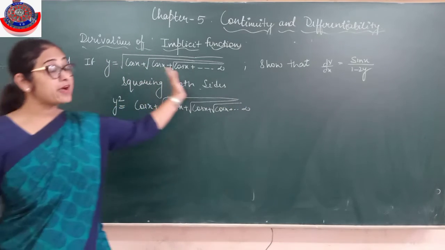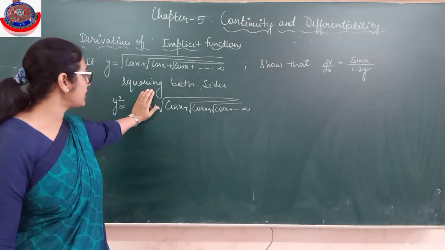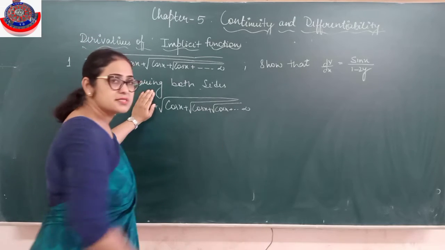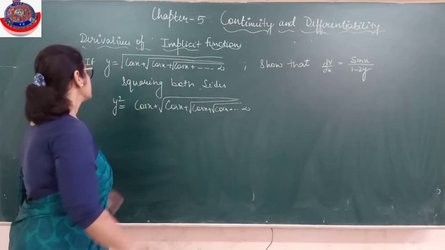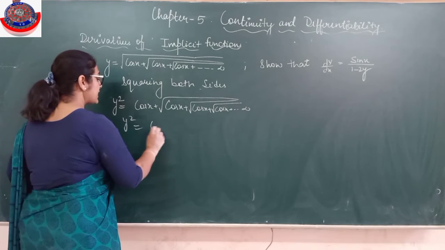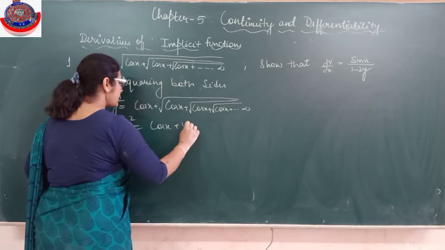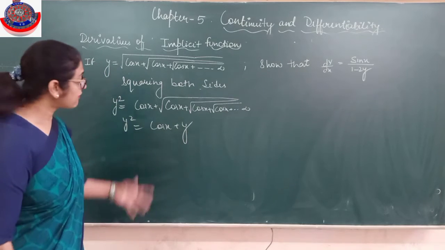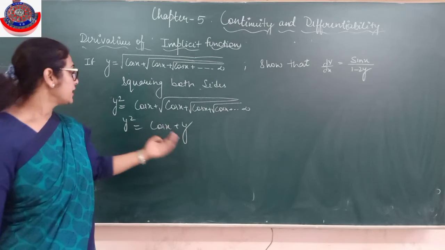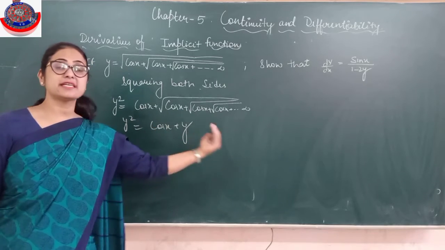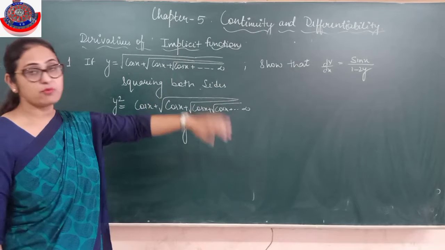Now if I remove one term from the infinite terms, what does this become? This has become again the same thing from where I started. So this is y only. So I'll put that equals to y. So we got it. If I bring it on this side also, it's not y is equals to something. It is y square, it has x, it has y. I just have to find out dy upon dx.